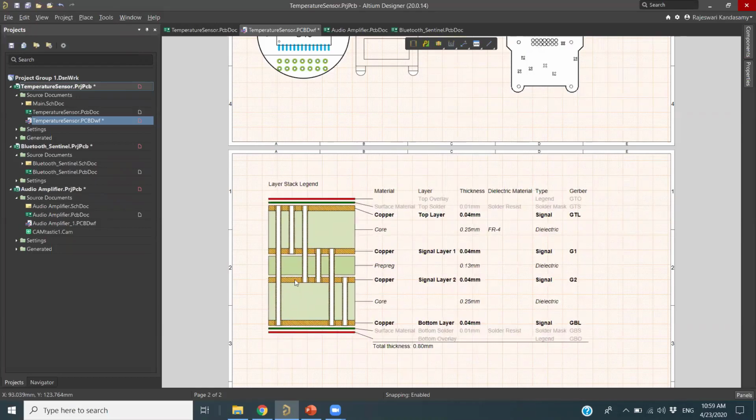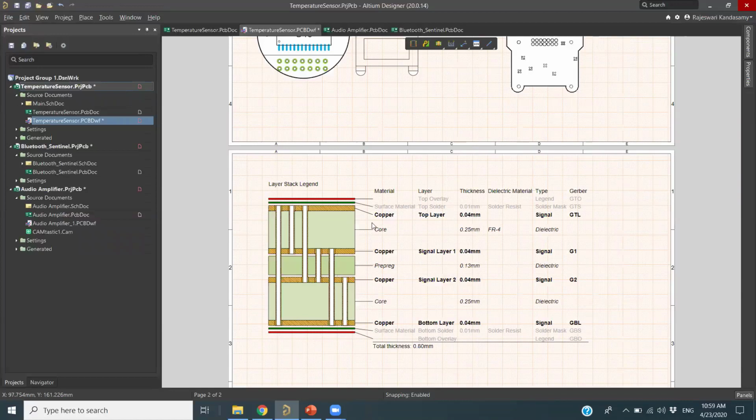And then if I want to change the view of my layer stack, initially I can change it by the properties panel. Before that, you can see in the layer stack what all the wires they have used and from which layer to which layer they pass through. Okay, you can see the wire passing through layer 1 to 2, 1 to 3, and 2 to 3, 2 to 4, then 3 to 4. So these many wires are used and which layer to which layer they are passing. This information all comes from your layer stack manager.